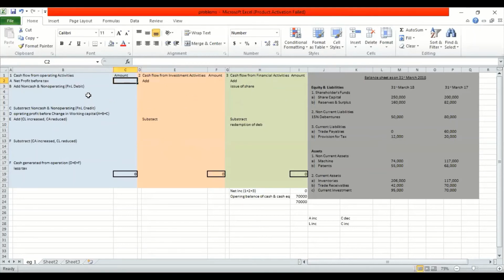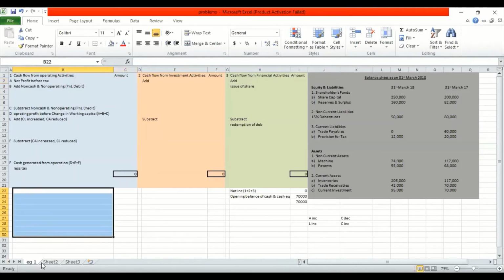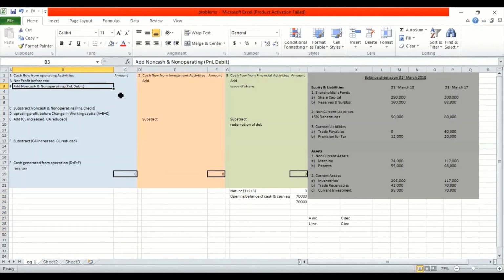It is generally one after the other. From operating, you move on and write it over here, on this side your investment, and below that financial activity. Now, why have I created these three things together? So that we are not running through the balance sheet three times but only once. Okay, this will save our time. Well, let's look into the share capital. As you know, share capital is your capital employed. It means it's your financial activity.